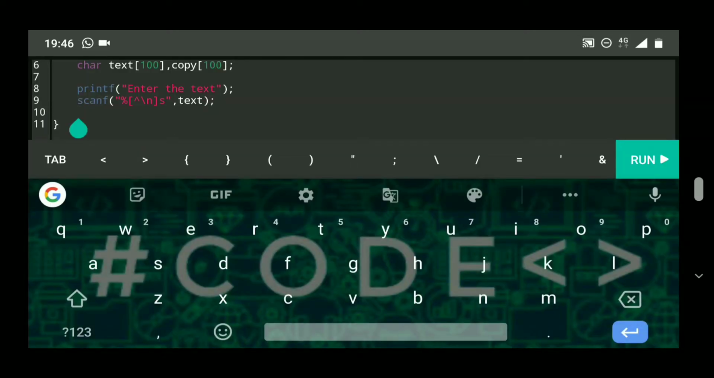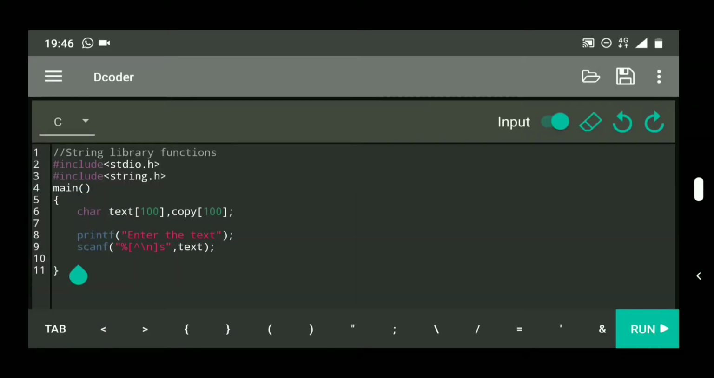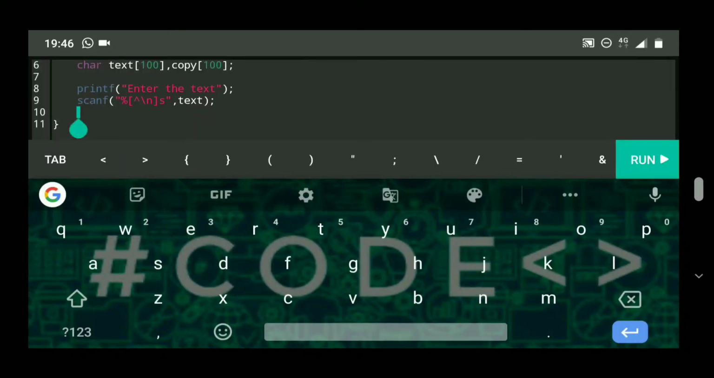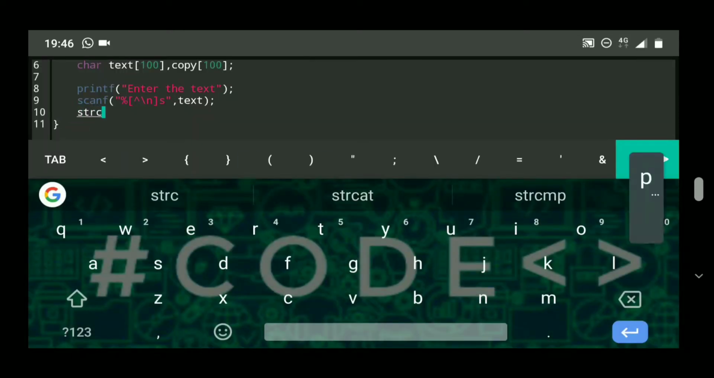Now the string copy function, you can just guess it from the name itself. It copies the string from one string to another. Now what I'm going to do is copy the string contents of text into the copy string. So this is the string copy function, strcpy,